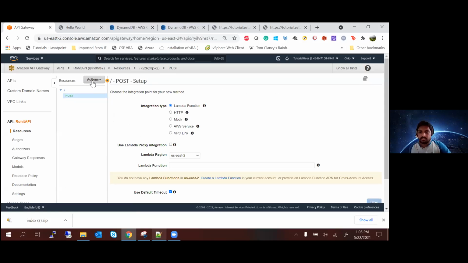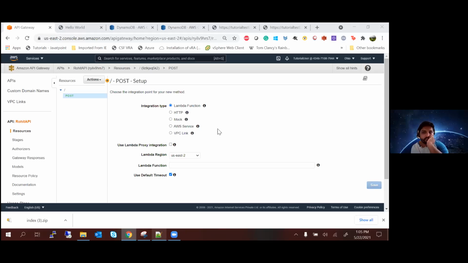That's okay, Shika. If you're not able to create, that's fine. You can just look at my screen. Okay, so those of you who have done, just put a done on the chat. Good. So in the Lambda function now, you have to just write the name of your function.